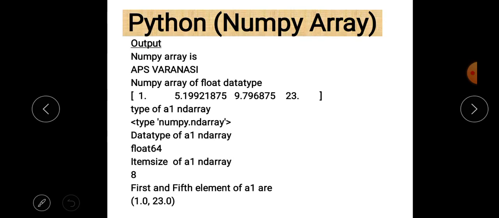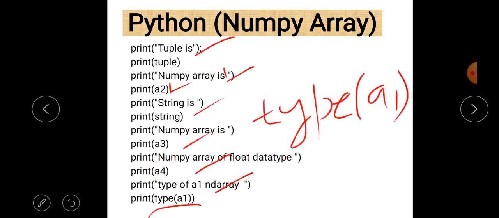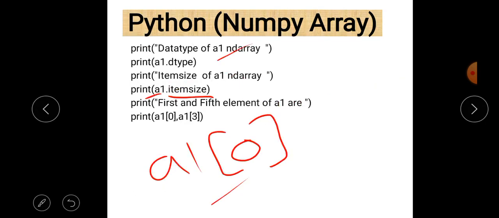You can easily see that when we write type of an ndarray, it returns the type of the array. Look at the answer, type numpy ndarray. So this is the basic difference between type and data type.